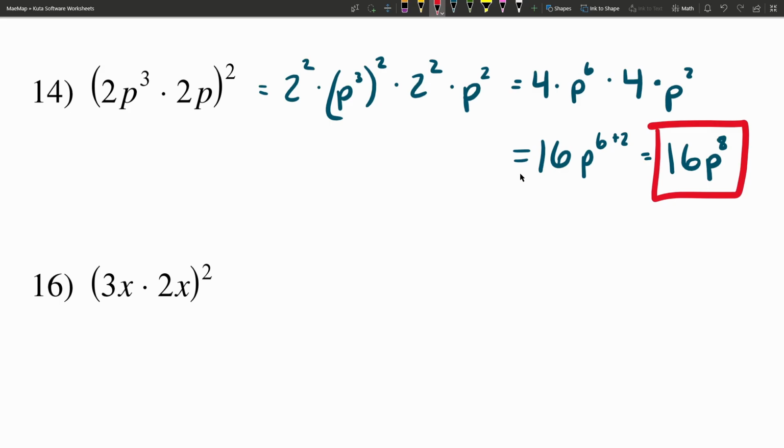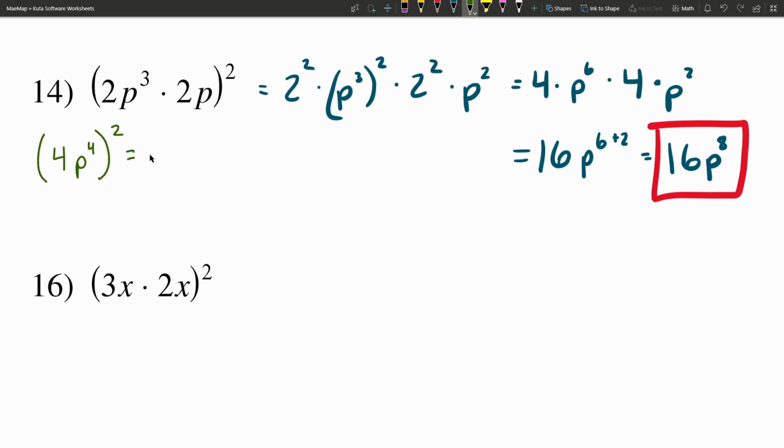Again, we could have made this a little bit easier on ourselves if we would have simplified at the start. So simplifying and then working this problem out, let's try it that way. 2 times 2 is going to be 4, and p cubed times p is p to the 3 plus 1, which is p to the 4th. So we can simplify what's inside of our parentheses down to 4p to the 4th, and then we can